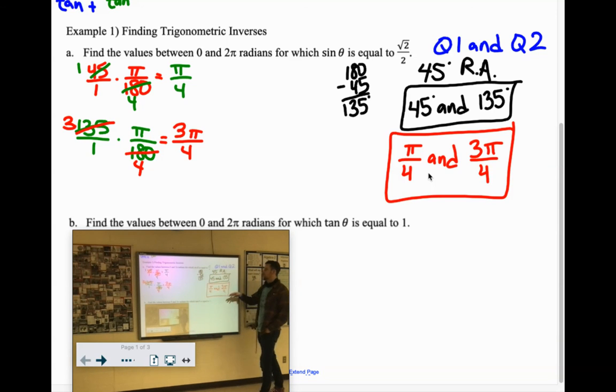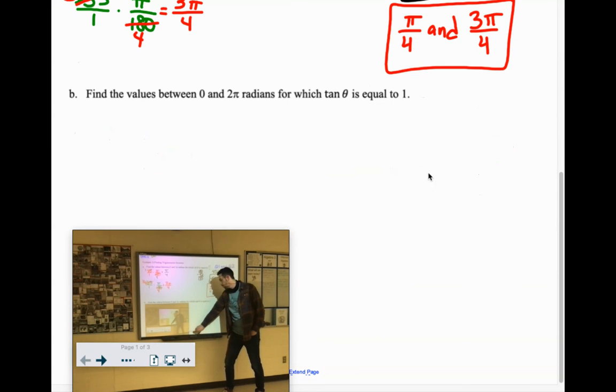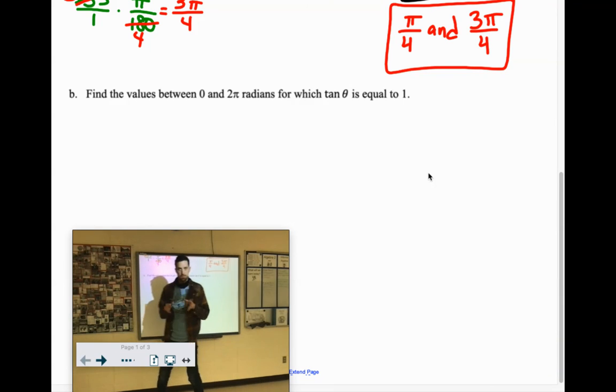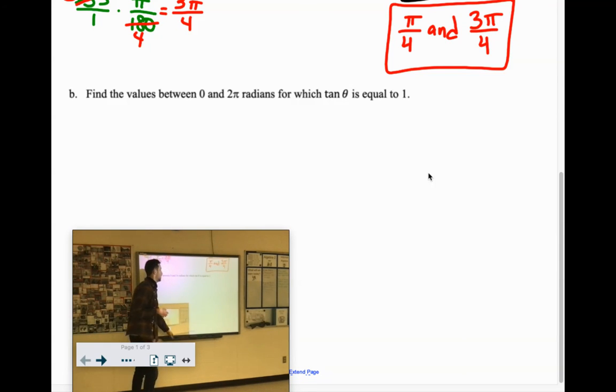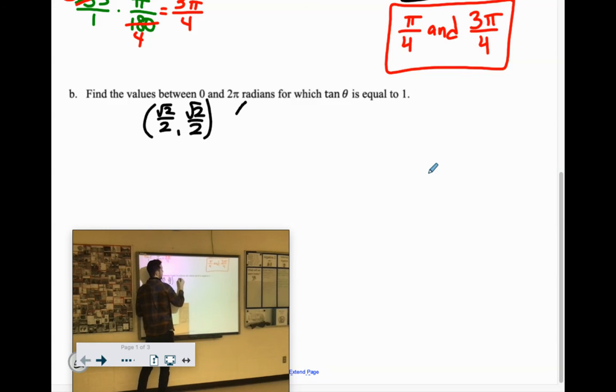Find the values for which tan of an angle is equal to 1. So when tangent is 1, that means that the x and the y are the exact same values. Now the only times that could happen are when they're both root 2 over 2, or if they were both negative root 2 over 2. So think of that. Root 2 over 2 or negative root 2 over